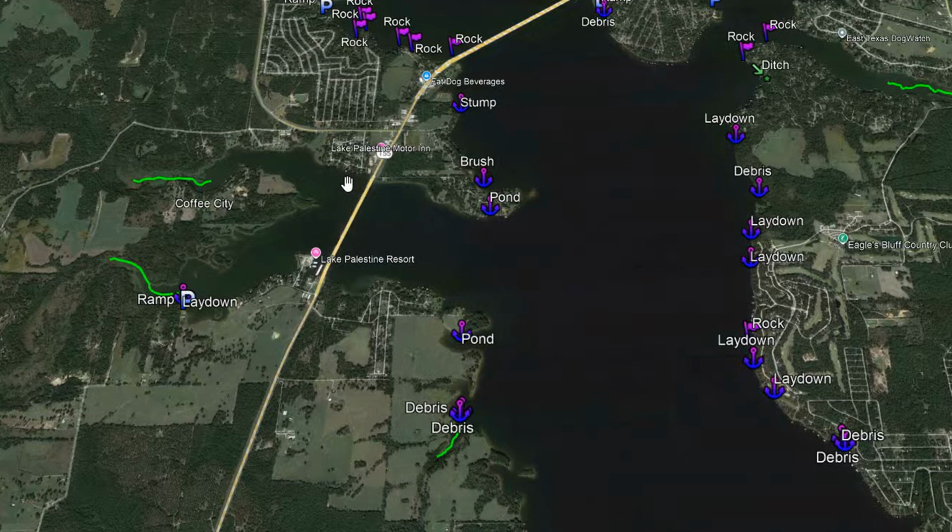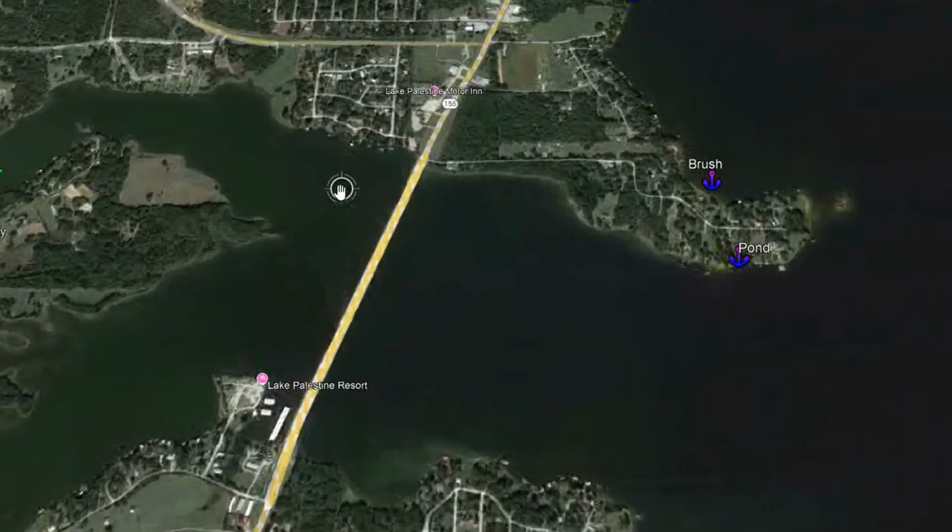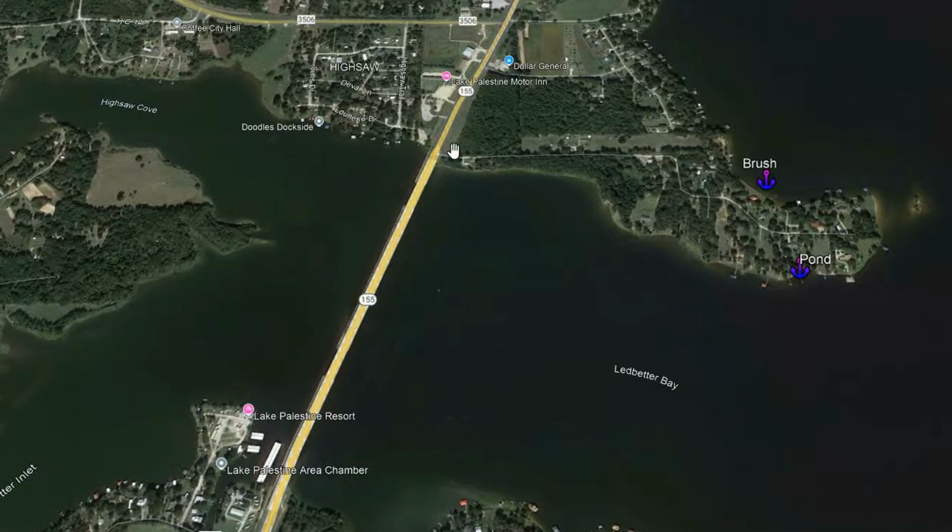We went out, we tried a couple of these offshore spots, but we didn't spend much time with them. It was without side scan. It was basically just blind casting. But we caught all of our fish right here,